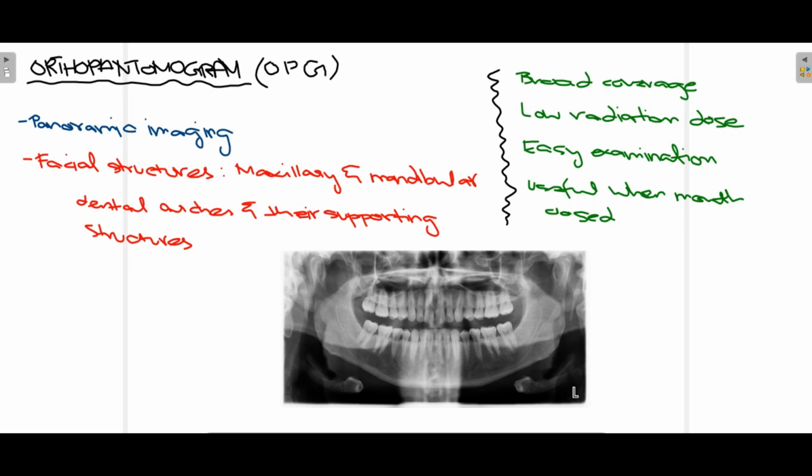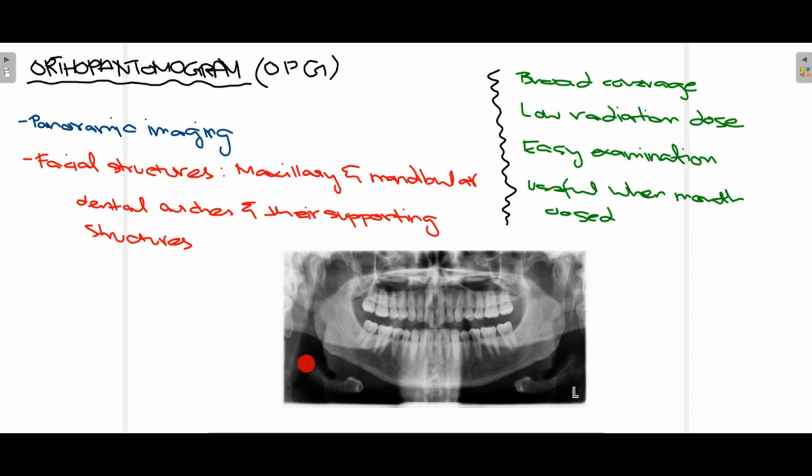And finally, in some cases where patients are unable to open their mouth, also known as trismus, this X-ray is very useful because it doesn't require a patient to open their mouth widely. Just a small amount of mouth opening is needed so that the bite block can be inserted and the entire